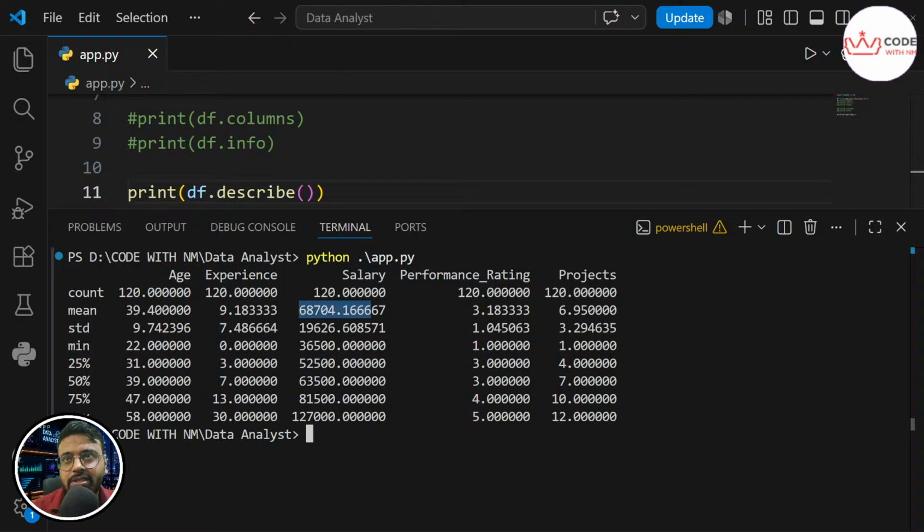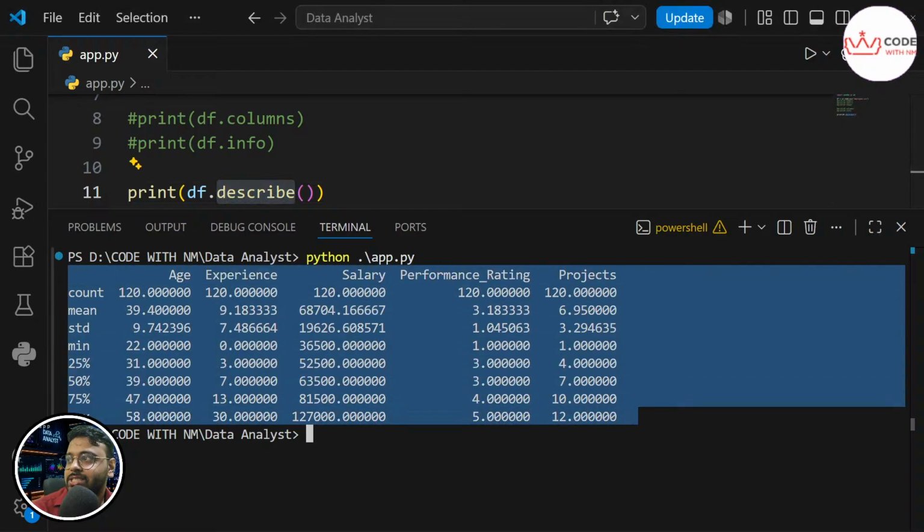This is an average salary. The youngest and the oldest employee, we can see the youngest employee and the oldest employee too, and the typical performance rating without writing a single formula manually. So we haven't written any formula over here, not for STD, neither for mean, nor for max, but we get all the data here in a single line of code. Not just a single line, I've just typed a single function only and we got everything.